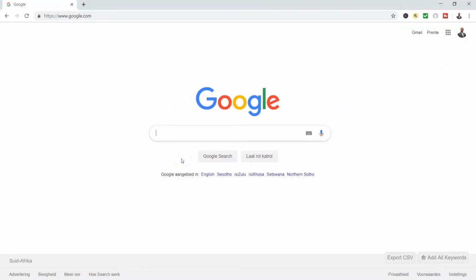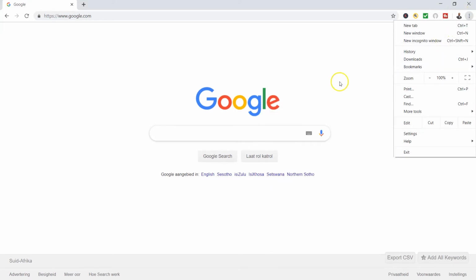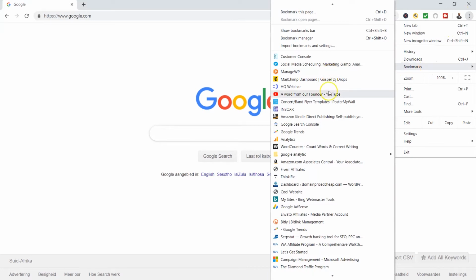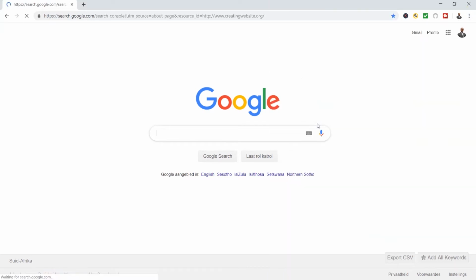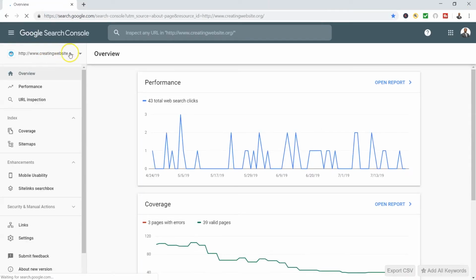Okay, good stuff. Now you have officially installed Google Search Console on your website. Now what I want to show you is how to find out what keywords are causing your website to show up in the Google rankings. So what you want to do is log into your Google Search Console. I have mine bookmarked, so I'm going to go there. And then I'm going to go to my website here,